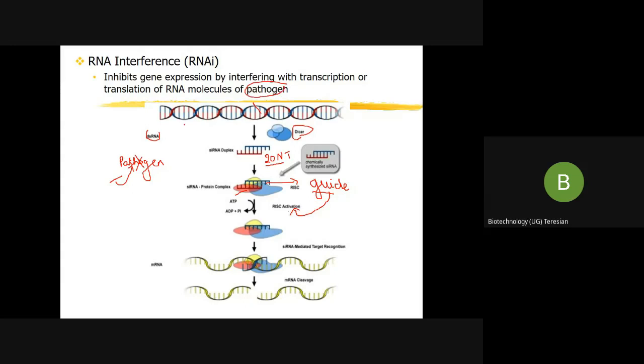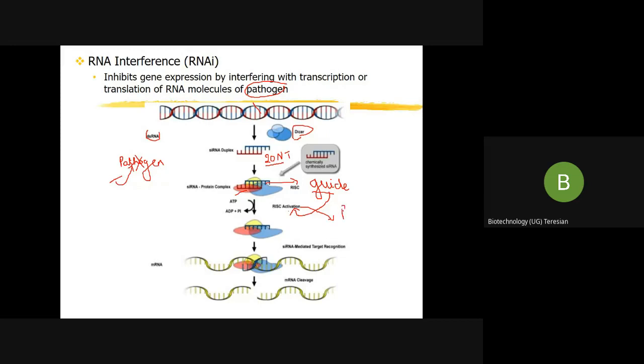So this double-stranded RNA is cleaved by the dicer. I told you it is present in both plants and animals. Since this is crop improvement, agriculture, we'll speak only about that part. When it cuts, it will cut into many short fragments of 20 nucleotides, and then one of the strands will act like a guide, and it will get incorporated into a complex known as the RISC complex, and it will tell this complex, you go and bind to the